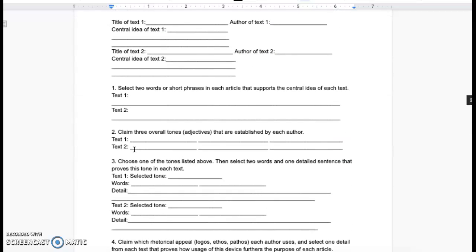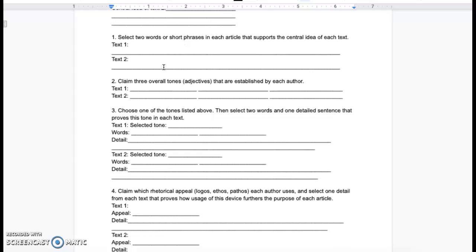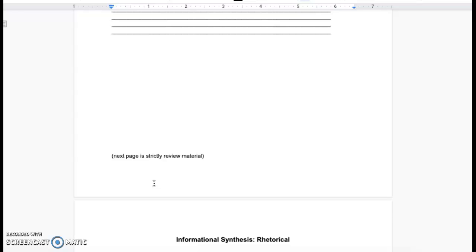So you have a question, you have basically, here's the heading. I'm not really expecting you to write a whole paragraph on the heading, but I do want you to be able to identify the title, the text, the author of the text, and the central idea. That's the ethos, right? And then you have different ideas of, you get into some pathos here, and then you go into some logos here at the end, all right? And then on this next page,